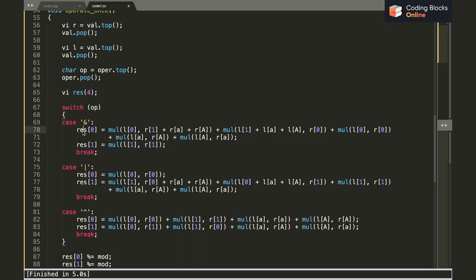And for AND equals to 0, I can basically have 0 0, 0 1, 0 2, sorry, 0 0, capital A, right? And I can also have 1 0, small a 0, capital A 0, right?